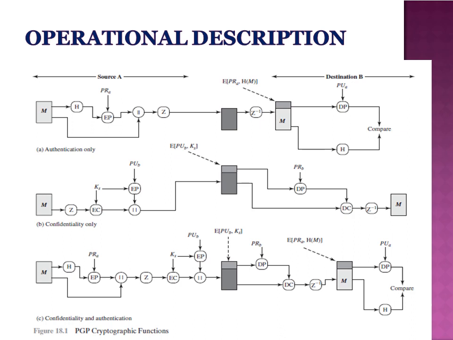Moving on to figure B. Now this figure shows how confidentiality is achieved. So here again, the sender generates a message M and a random 128-bit number which is to be used as a session key KS for this message only. Next, the message is encrypted using CAST-128 or IDEA or 3DES with the session key, which is nothing but KS. So KS is nothing but your session key.